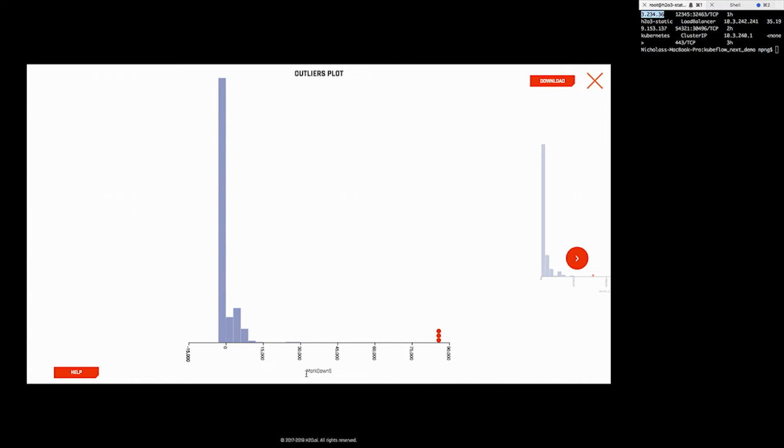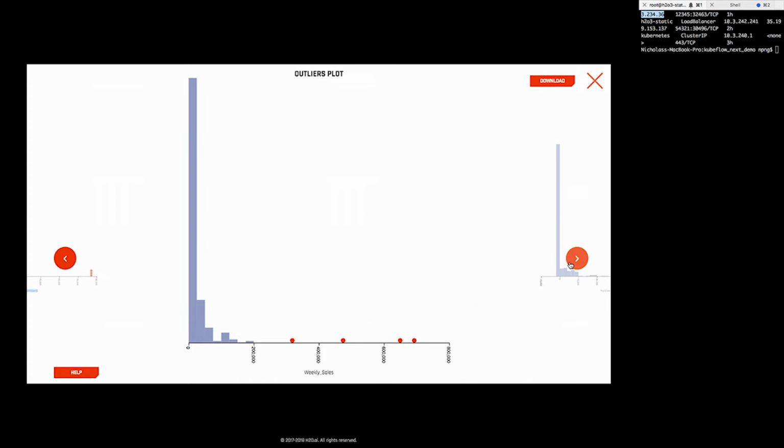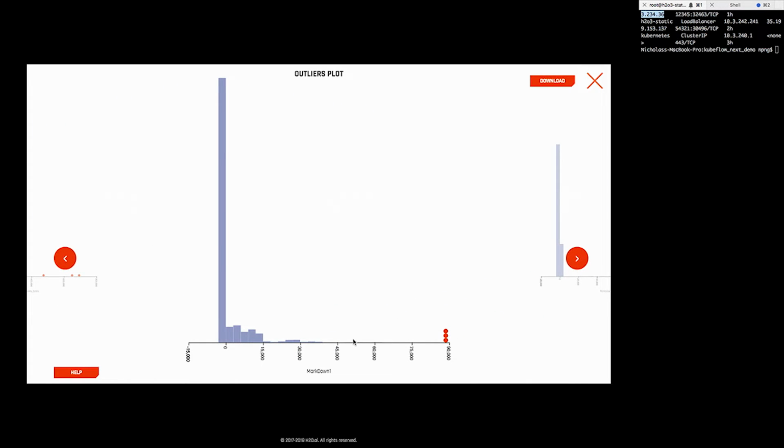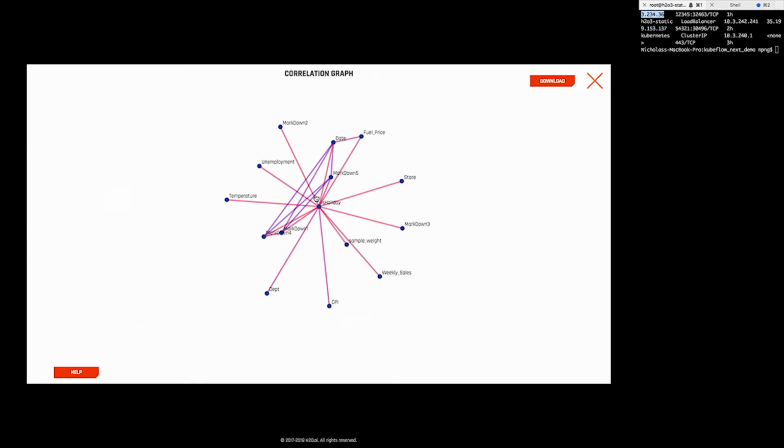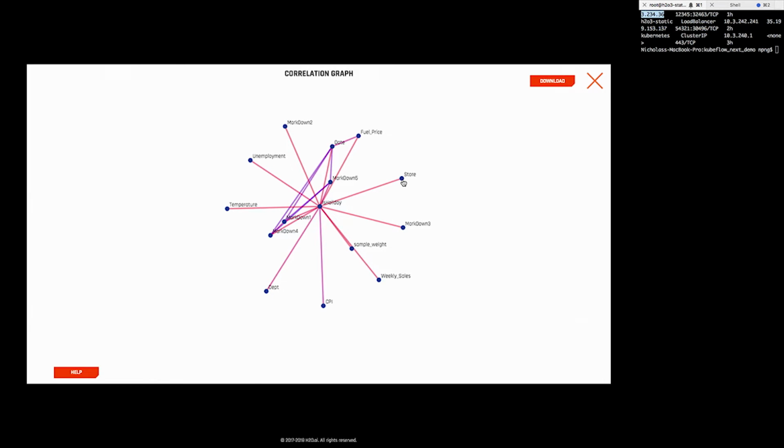This would be on a specific column here, and if you scroll through, you can see each different column. The same goes for radar plots, histograms or skewed histograms. Correlation graphs are also really cool, and you can see the correlation between store or is holiday. Everything seems to be correlated with is holiday, and that makes a lot of sense considering this is retail.